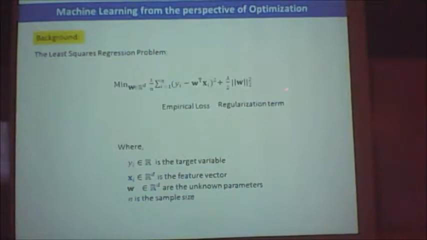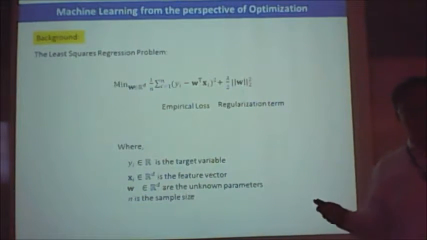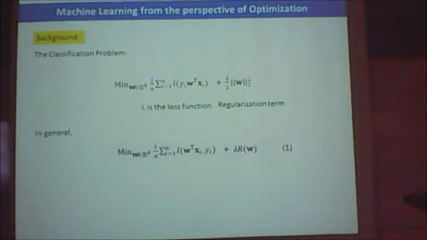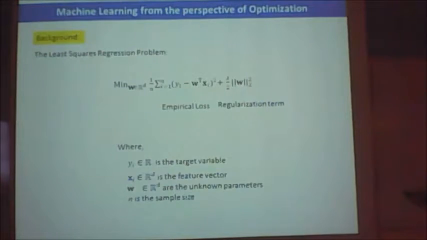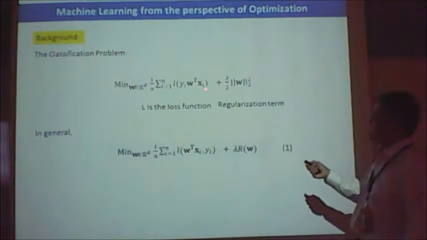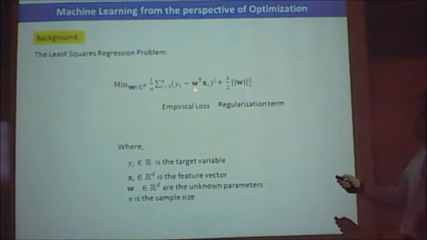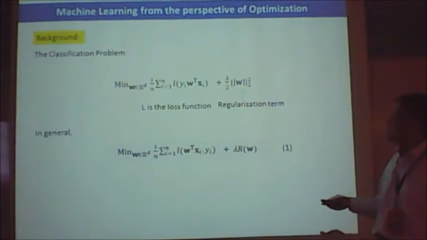So either you are working with regression or you are working with classification. This is the standard form. If you are working with classification, you still have regularization, but you just specify a loss function. This is a generic loss function. It doesn't tell you anything. Just substitute this. So the loss function in the case of least squares regression is of course this one, right?